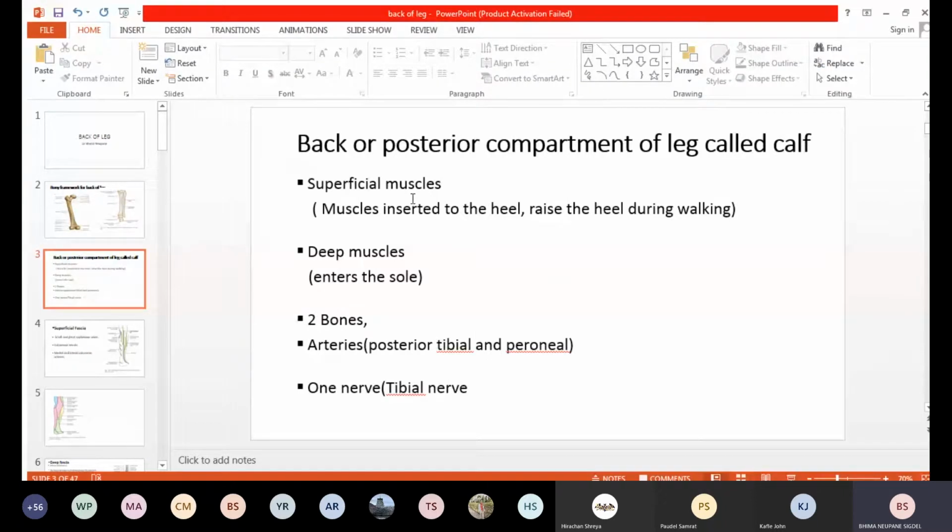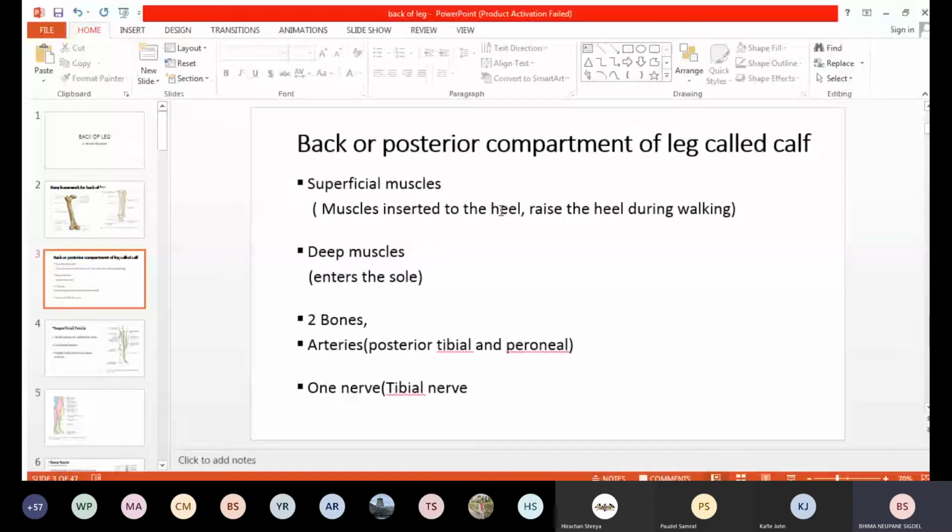So superficial muscles are not very long, so they are inserted to the heel, and the main function is raising the heel while walking. You can feel while walking you will raise the heel portion, right? So the superficial muscles' basic function is raising the heel in walking. And deep muscles enter the sole, and they have a function over there like plantar flexion of the particular area wherever